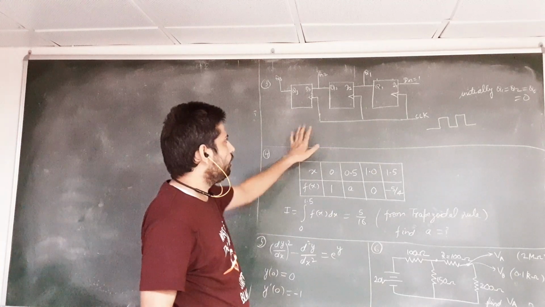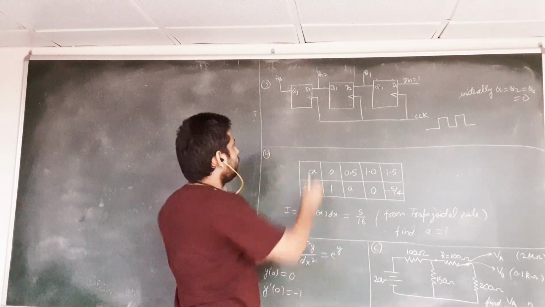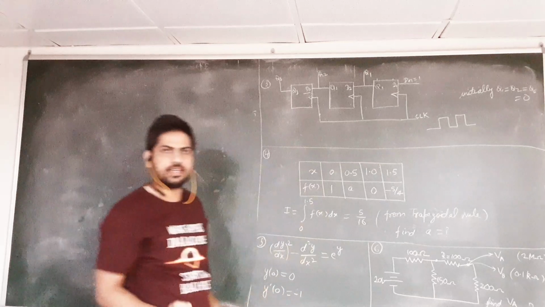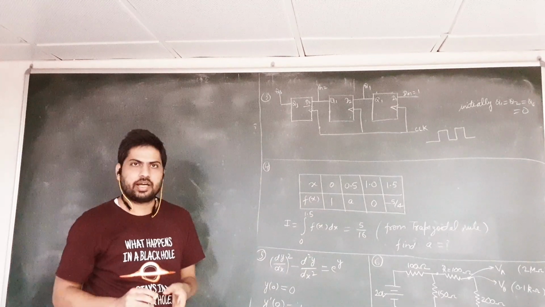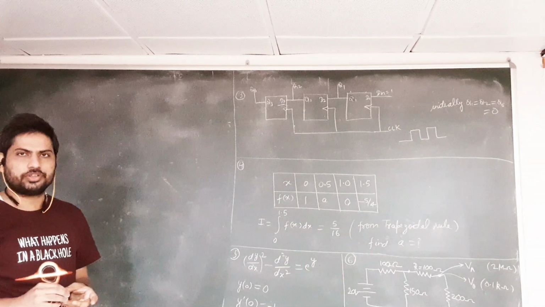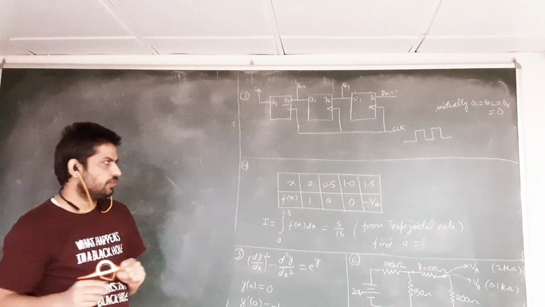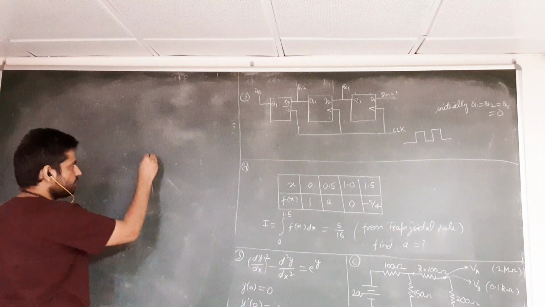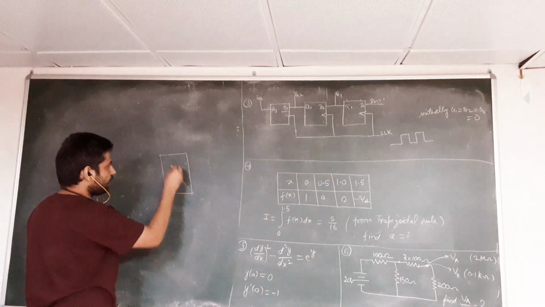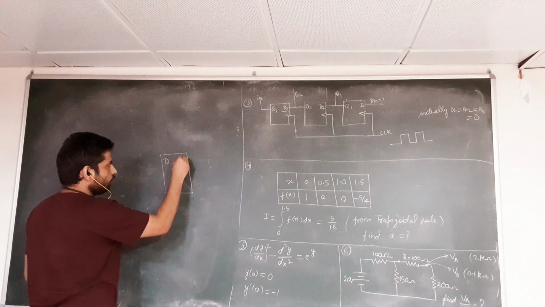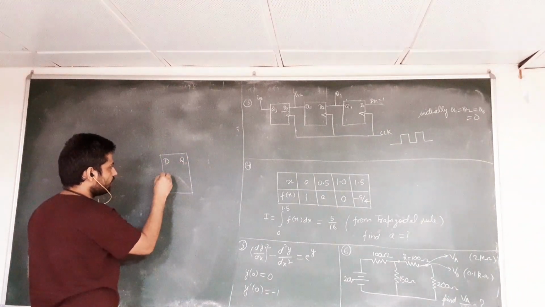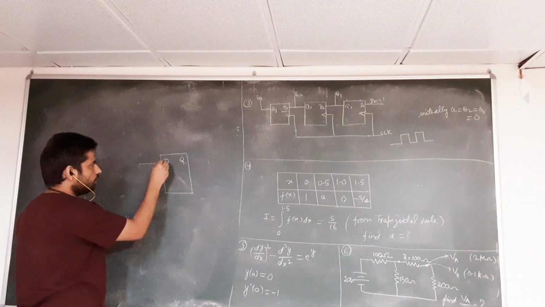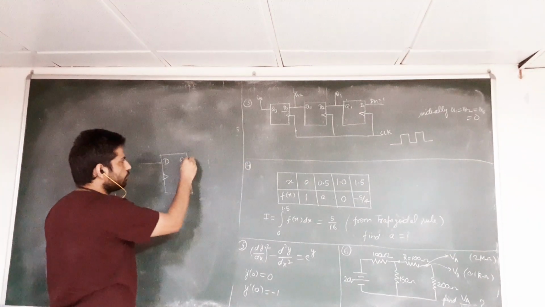This is a flip-flop question, and by seeing this D symbol, you can say that this is a D flip-flop. Before solving this question, you need to know the properties of a D flip-flop. So what are the properties of a D flip-flop? It is like a transfer function. Whatever is the input at this D terminal will directly transfer to this Q output.